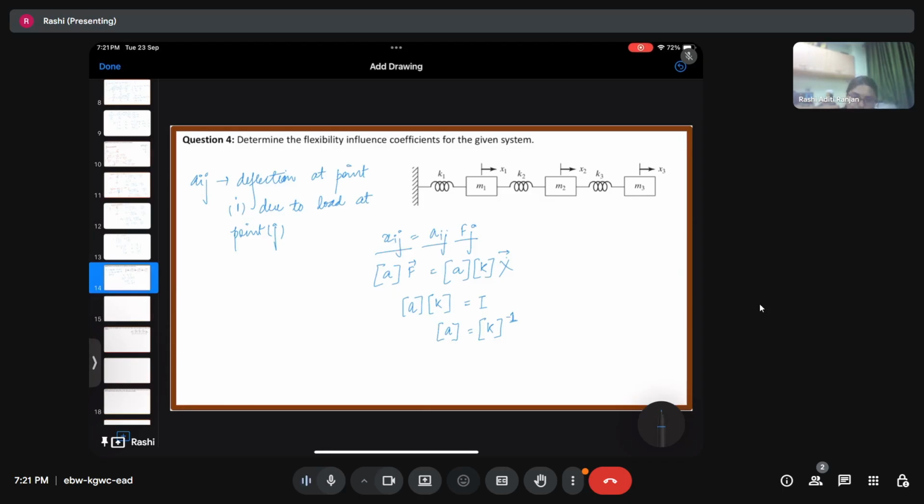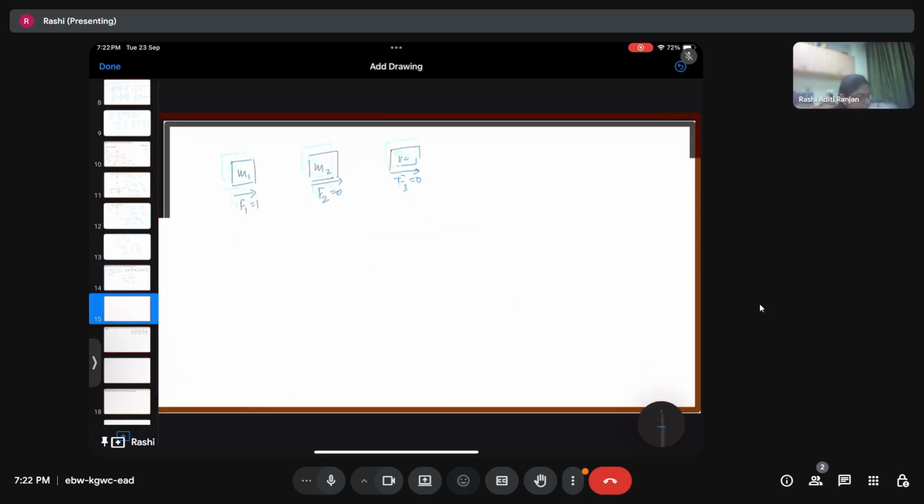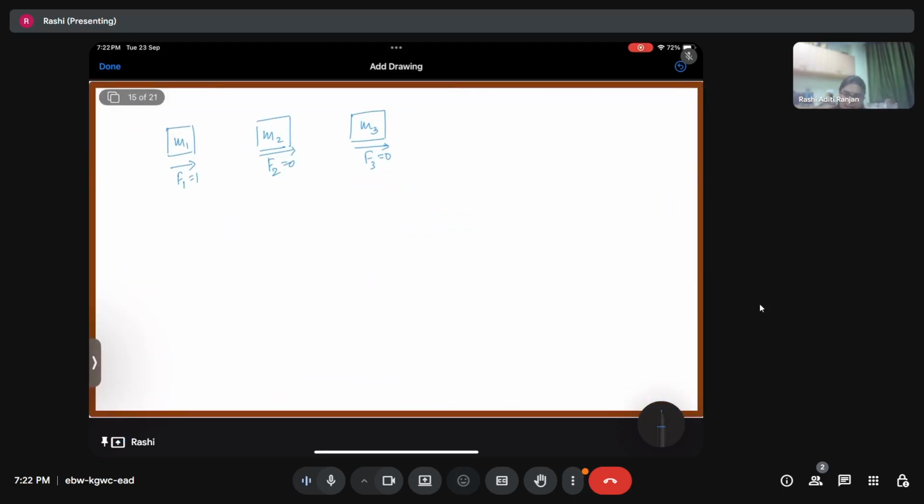Okay, I hope this is clear because we have Kx is equal to F, right? But then our F is 1. Our F is 1 and A is nothing but 1 by K, right? So using that, we can just write the forces that are acting like